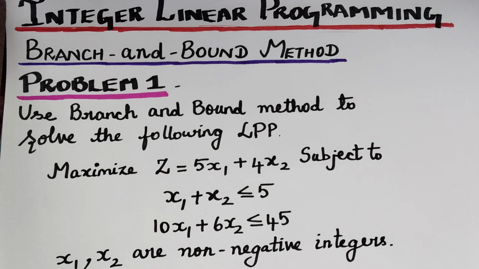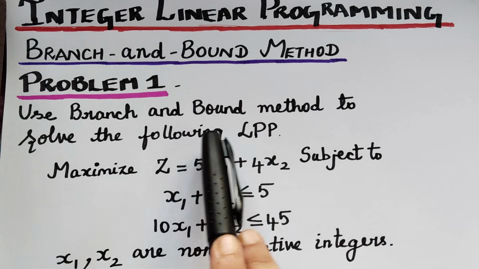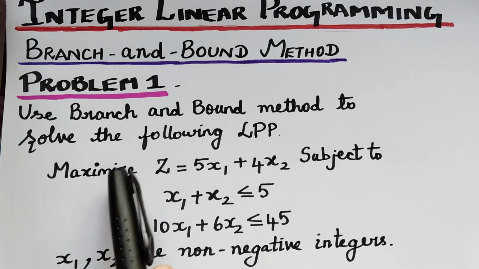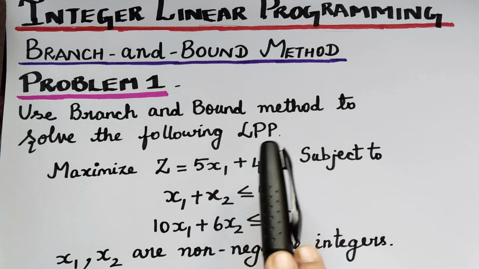Dear students, under the topic Integer Linear Programming, we are going to learn the branch and bound method. Integer linear programming can be solved by two methods: the cutting plane algorithm, and the next method is the branch and bound method. Now, here in the question, we are asked to use the branch and bound method to solve the following linear programming